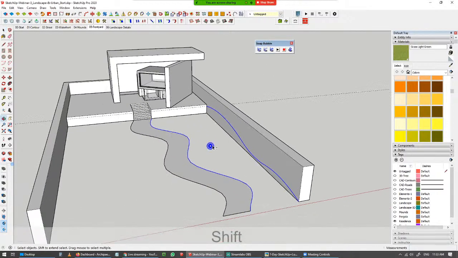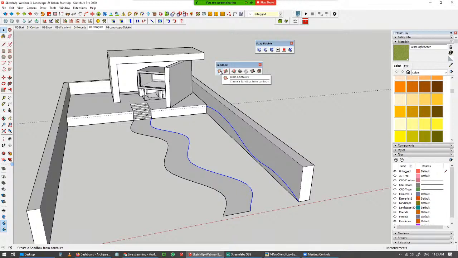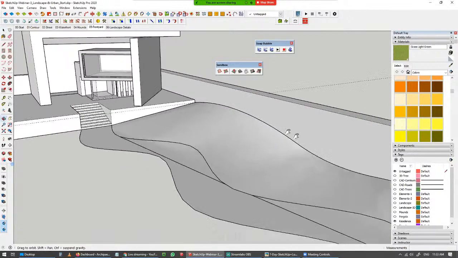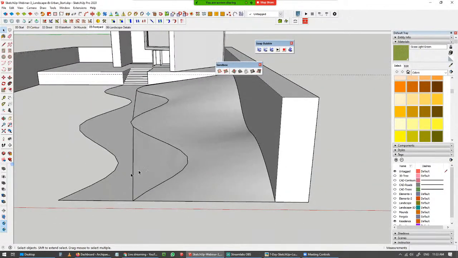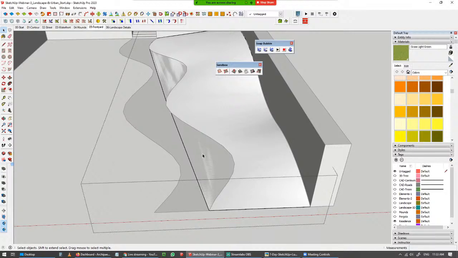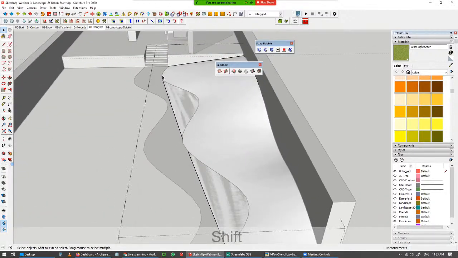I'm not going to use the soap bubble this time, although we can, but I'm going to use the Sandbox tool. Again, we all know that the Sandbox tool is only for contours, but it is not necessarily just for creating contours. We can also create irregular geometries using the Sandbox tool. I'm just going to click here once, and you can see that it connected the edge profile from the wall to the edge profile on the pathway, but it also created some unnecessary or unwanted faces, especially where there are